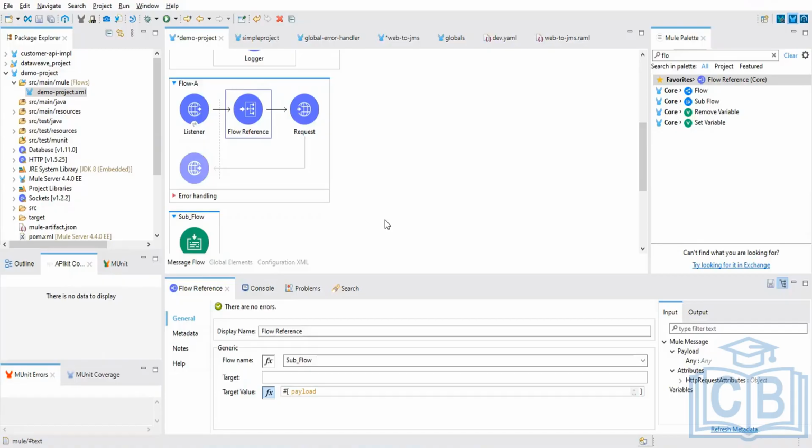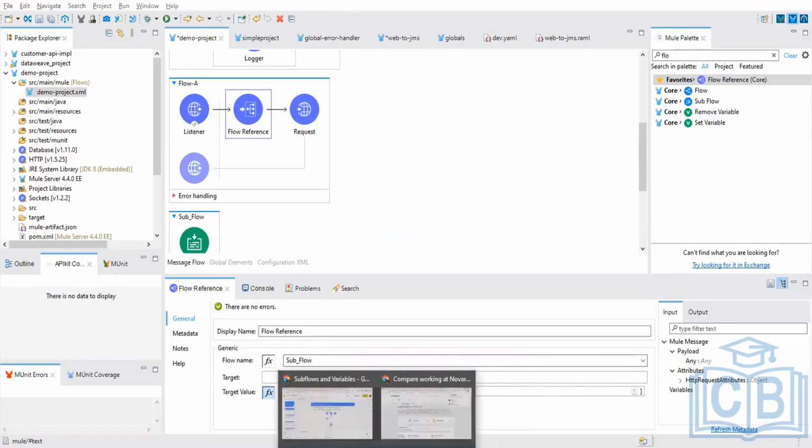Now coming to variables. What is your idea of variables in any programming language? To store information. Right? Excellent, fantastic. To store the information that is required in your application, so that after some time, or whenever we want to retrieve that information, we can. That kind of information we store inside variables. A similar thing applies in Mule also. In Mule also,